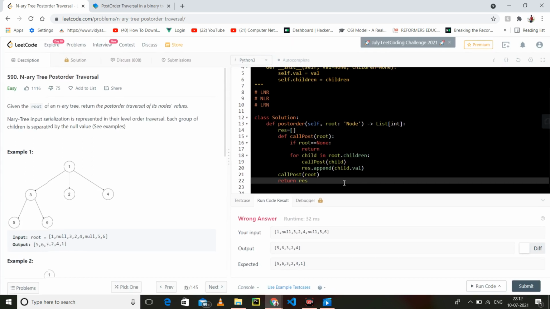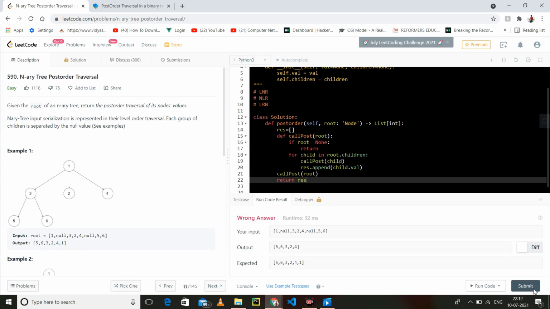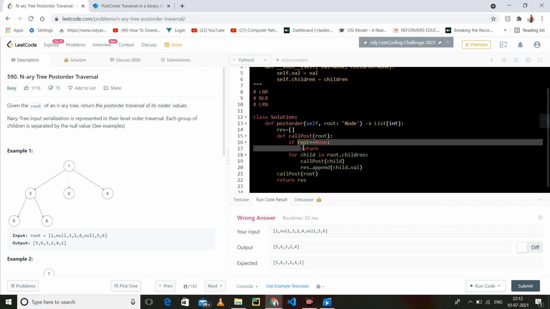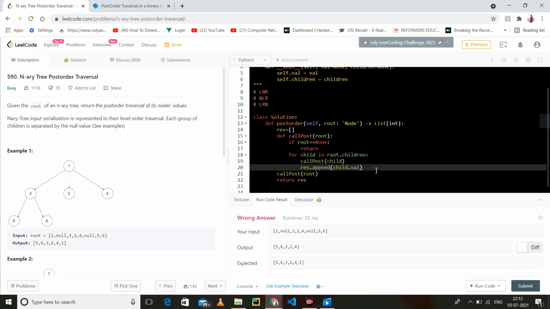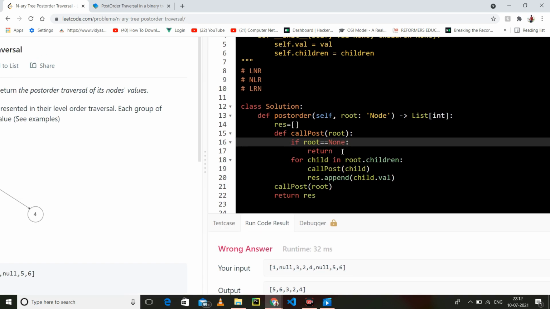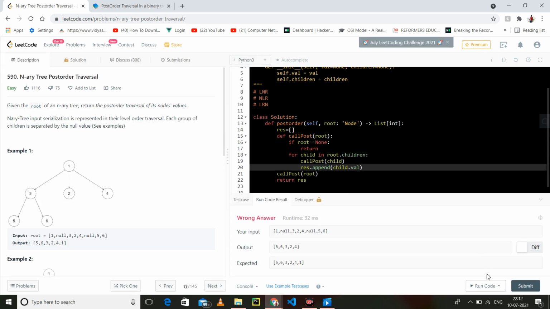But in this there is an error. What is that? I will show you just by running, so you can get what the error is. I think maybe some of you have completely understood, and maybe some of you are thinking that it is correct, but still there is some mistake in it. Now what's the mistake is, we are traversing every child, we are just calling the child, we are appending the values as well. Now see what the error is.